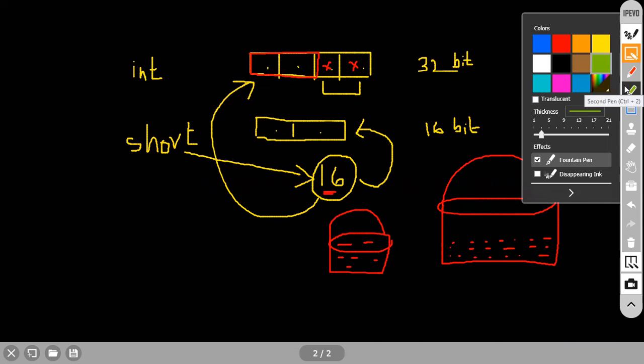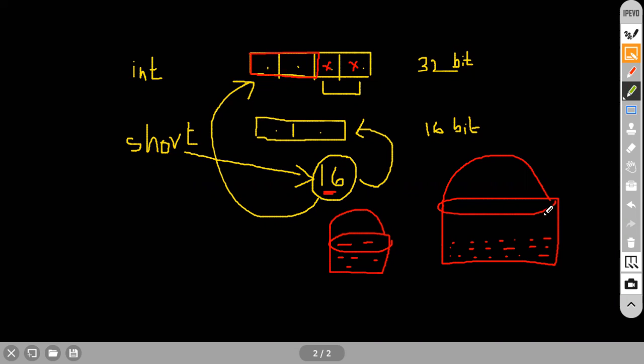Clear everyone? Let me know. Clear? So this is the extra space you got, from here to here, all extra space. This extra space could still hold a bigger number, but I am bringing a shorter number into a bigger length data type. So this is what we call widening.